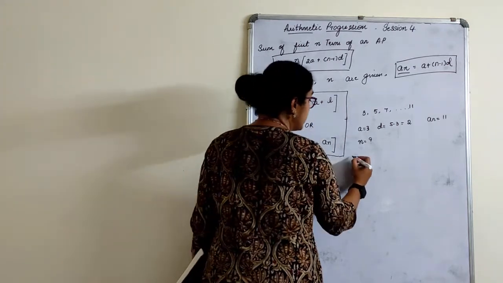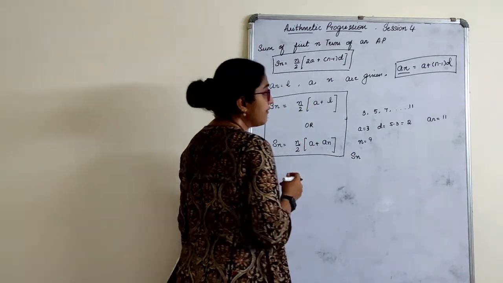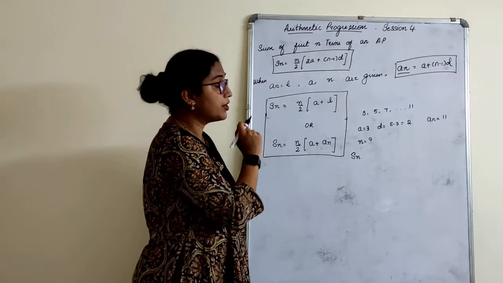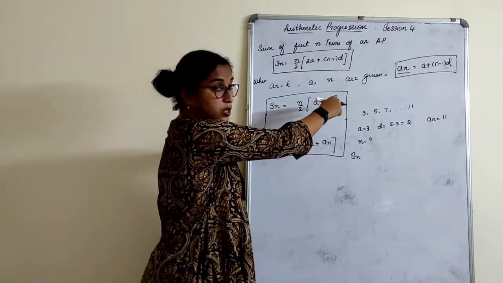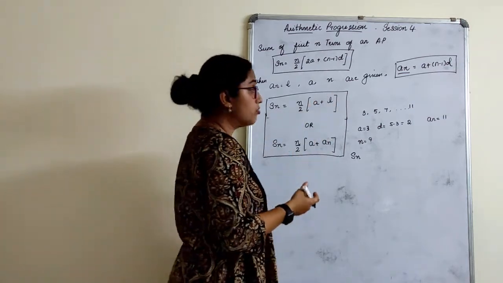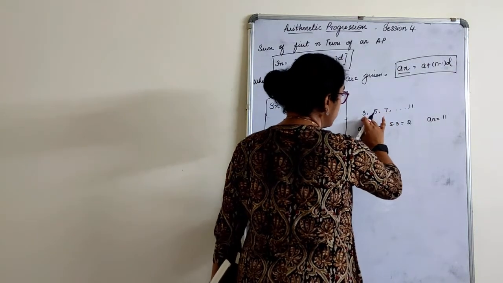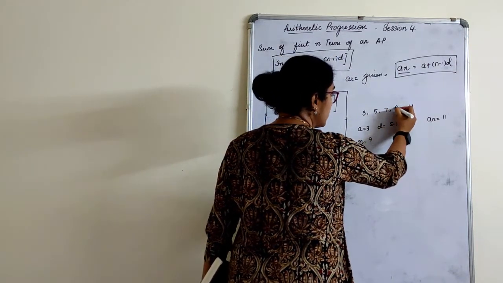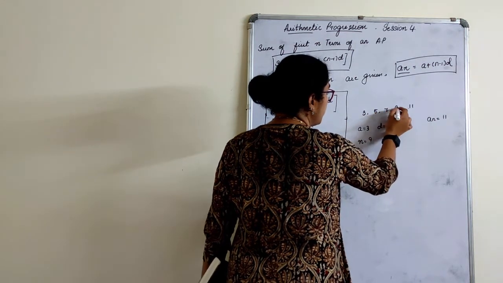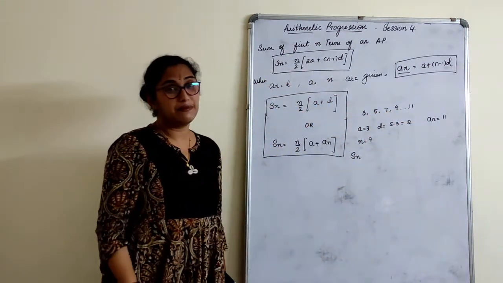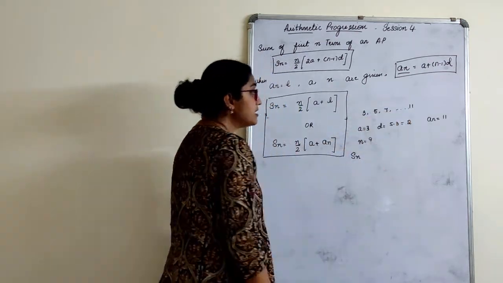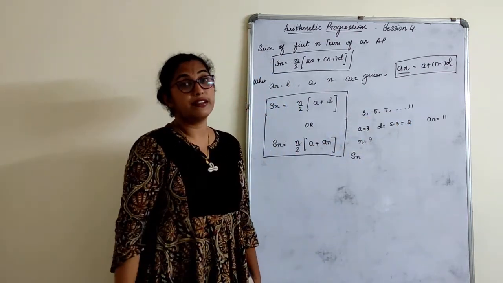Then what is Sn now? Now I will ask you, find the nth term or the number of terms of the AP. This is the question asked. I can count it orally. After 3 what comes? It is 5. I have chosen odd numbers: 7, 9, 11. 1, 2, 3, 4, 5, 6. How many terms are there in the AP? Understood, right? Now I will ask you, what is the sum of the terms of the given AP?